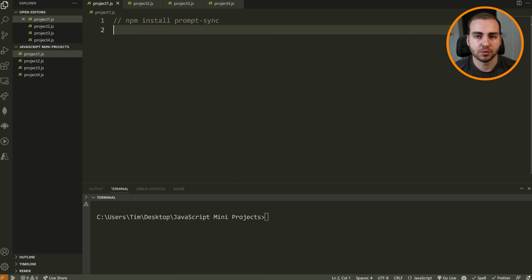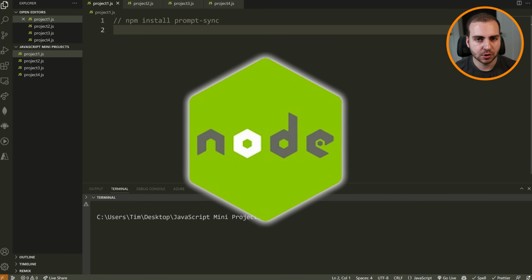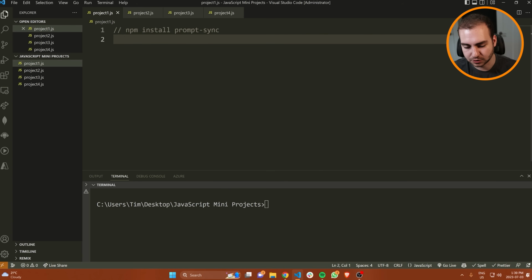So what we need when we're writing code is something that can execute our code and then a place where we can write our code. Now for JavaScript, you have a few different options, but in this tutorial, I'm going to use something called Node.js. Now Node.js is actually a client-side application that allows you to run JavaScript directly in your terminal or your command prompt. You don't need to really know what that means, but